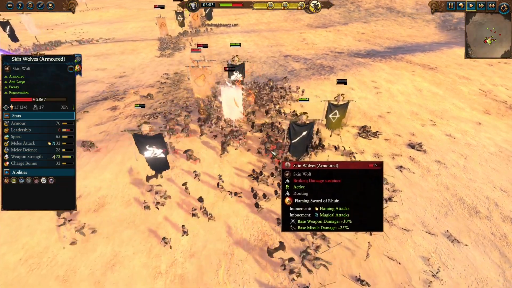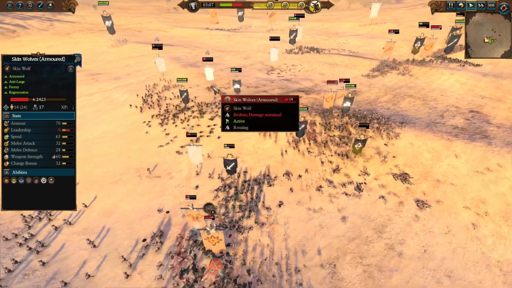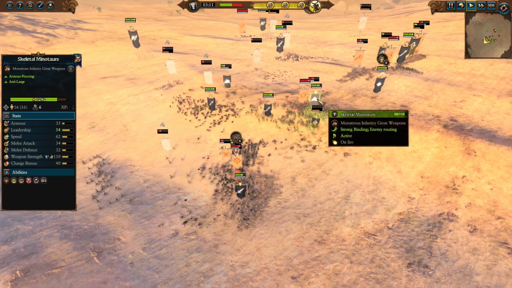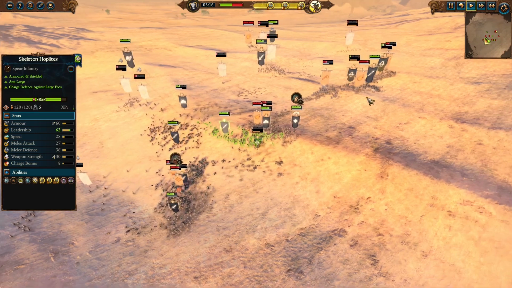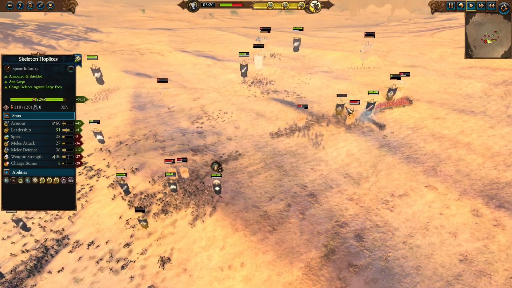Even with their heavy armor and physical resistance, they are not holding up too well here, as their regeneration is not able to keep up with the damage they're receiving from all this anti-large damage from the Skeleton Minotaurs and the Skeleton Hoplites. On the other side there, the Norscan infantry push seems to be doing a bit better, pushing